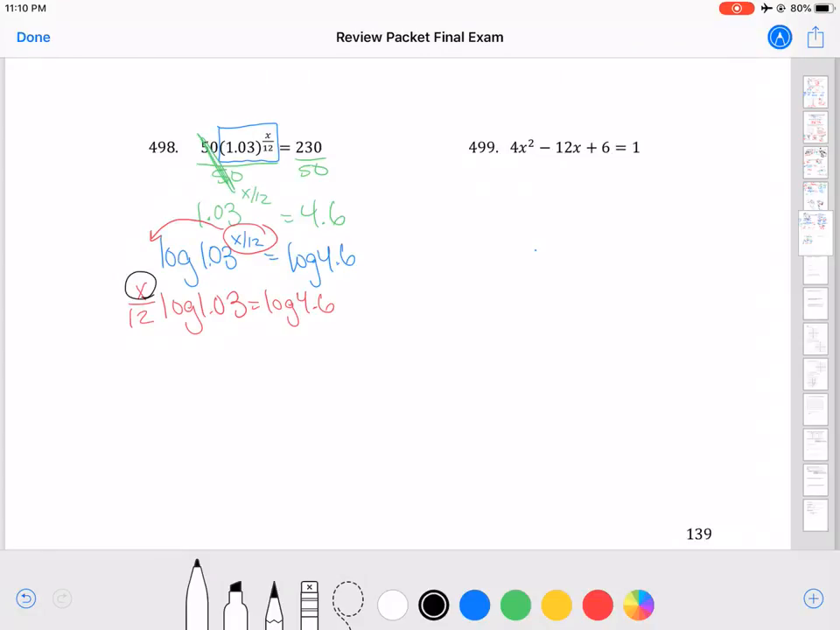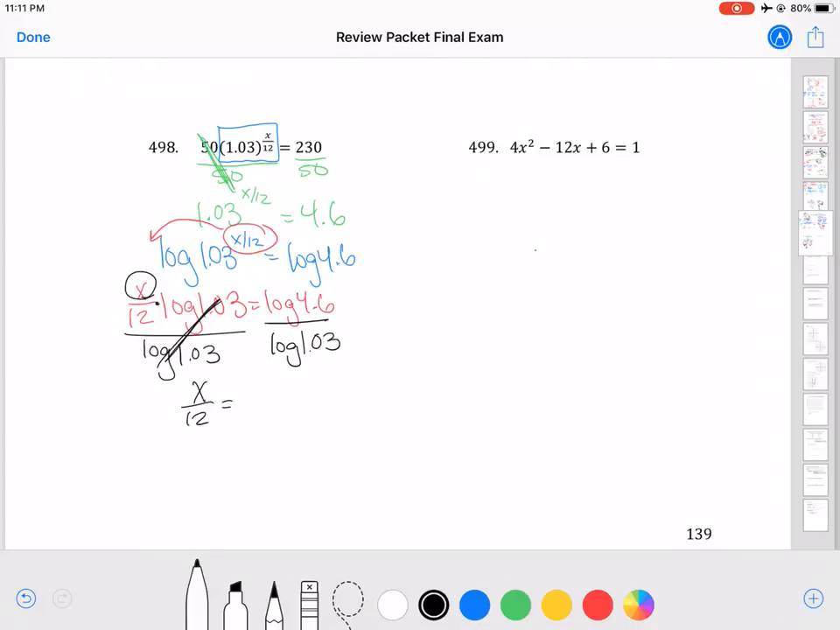So your goal is to get x by itself. I have used the log to bring that x in the exponent down. So now the log has served its purpose and I can get rid of it. It's being multiplied here, so I'm going to get rid of it by dividing by the log of 1.03 on both sides. So these end up canceling out and I'm left with x over 12 equals,